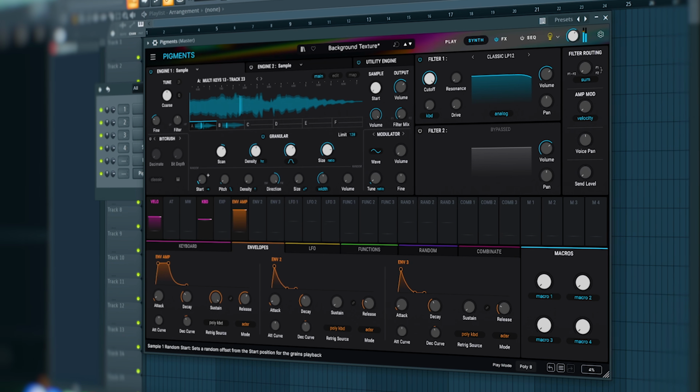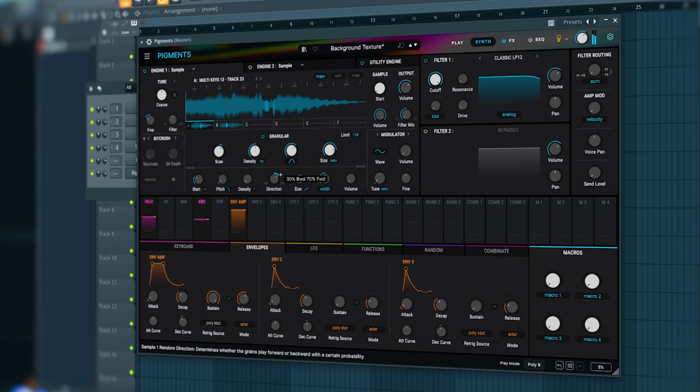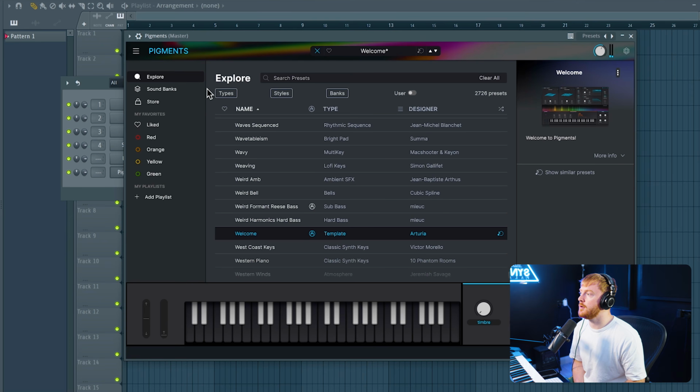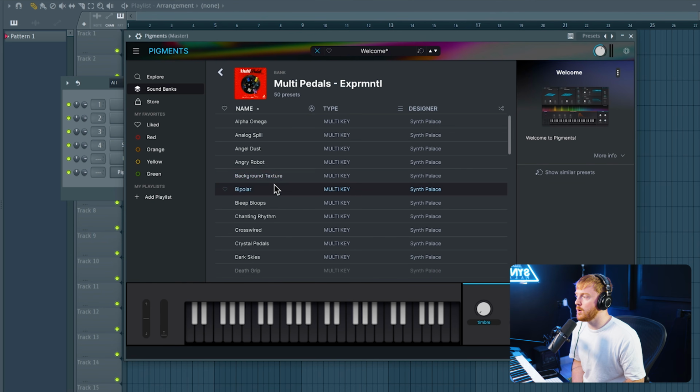Next up, we have Pigments. We have access to a complete granular engine inside the VST. And that's just with a simple basic piano. But if we go inside of something like multi-pedals,